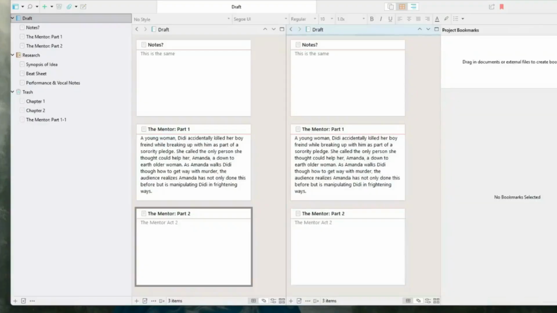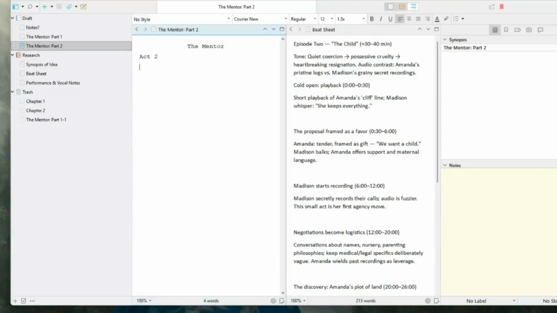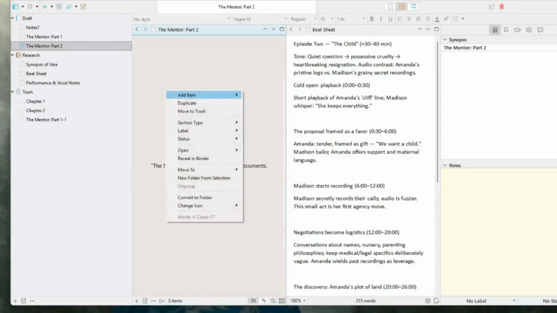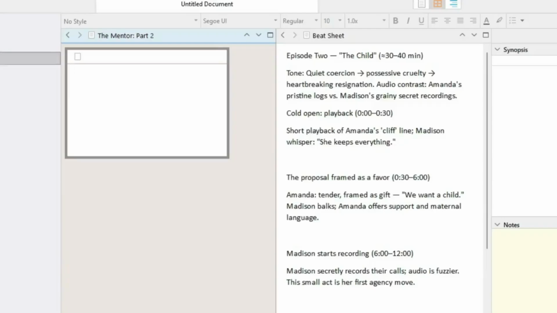So I've opened the corkboard into the split pane. Now I'm bringing up my beat sheet. I can go into Mentor Part 2, and I can try to see this as a corkboard, and I can add subdocuments to it. So this one, apparently in my notes, I was calling it the child, tones, coercion, possession. I can call this scene 1, and I can take,